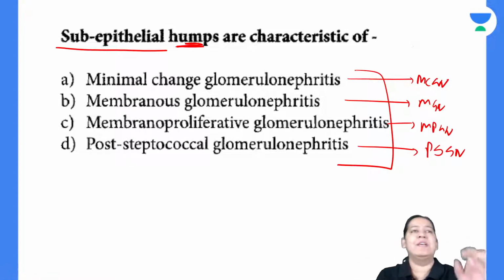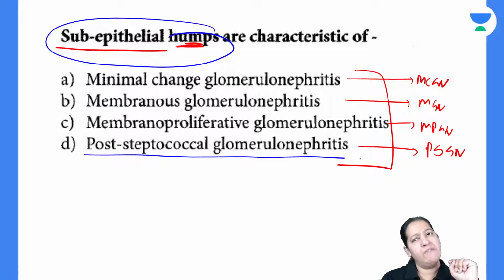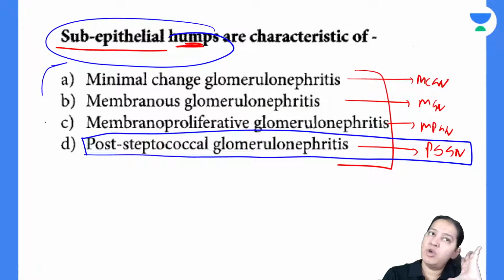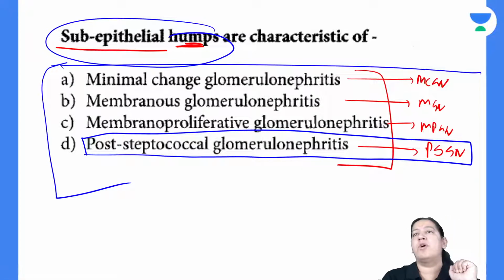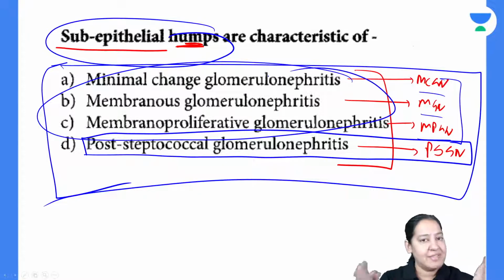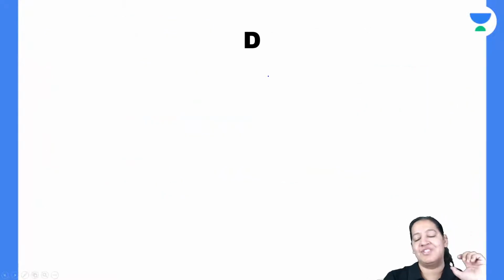Currently, the question is very easy for all of you because I taught you only one type of glomerulonephritis in which the subepithelial deposits are there. So everyone knows the answer. It is PSGN. But if I launch the same poll after teaching you all 9 types of glomerulonephritis, the same question will become difficult for you. You will get confused. What is the location of deposit in the other glomerulonephritis? Of course, it is not subepithelial. In the remaining 3, it is either subendothelial, intramembranous, or mesangial. So subepithelial is seen in PSGN, and the correct answer here is D.